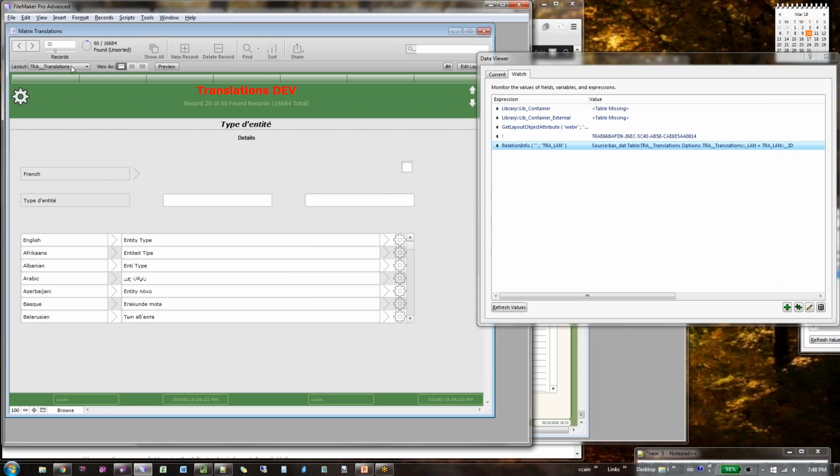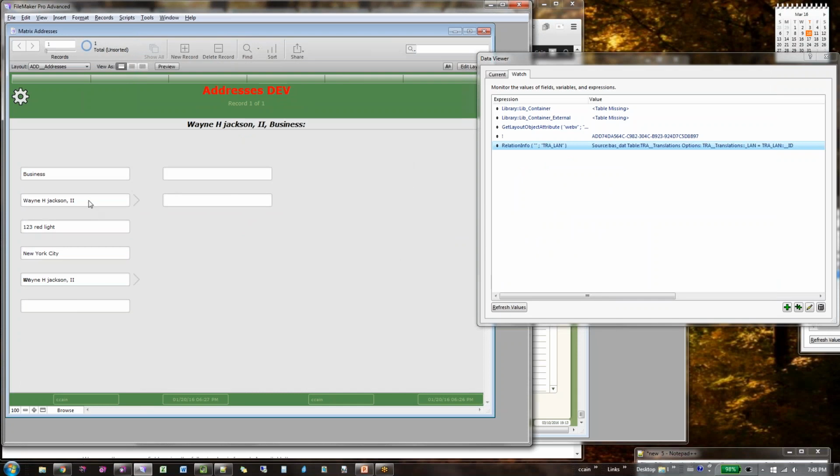I can't change this here. Let me go to, remember we were looking at addresses, picking a contact. There's a button here for selecting. We're moving select out of the value list and over to here. That button works by identifying what is the nearest field to the left of this object. Oh boy. So it actually parses the list of objects on the layout and their boundaries and figures out which one's to the left.